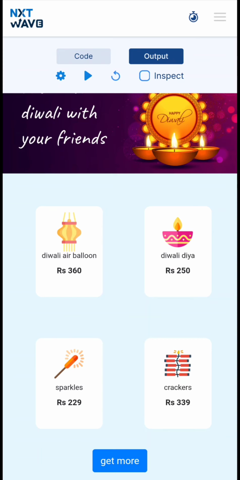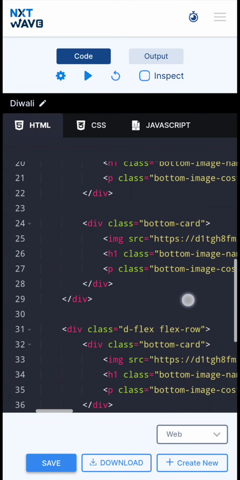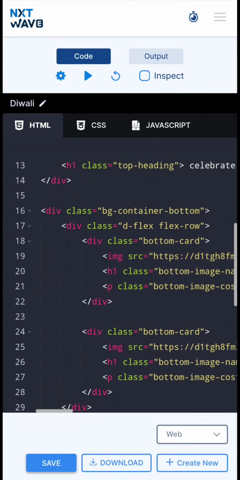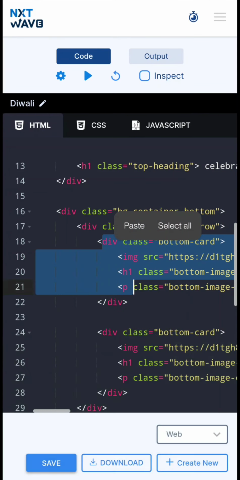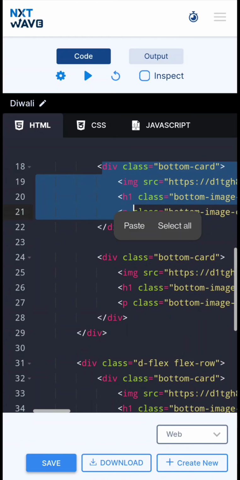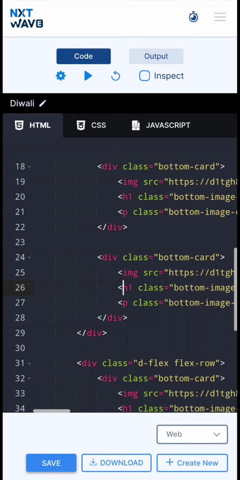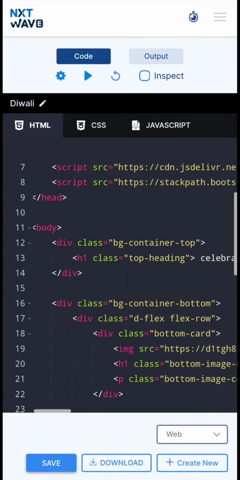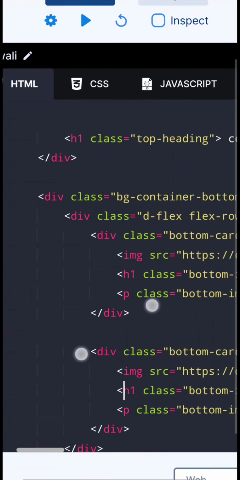So now I copy my first HTML element code and paste it again. You can see here, I have copied this section, and the same I have pasted down. Now I get the same card below the other card, but I need them to be side by side. So I use Bootstrap properties here called flex properties. I put two card HTML codes in one container. I'll show you this second container.